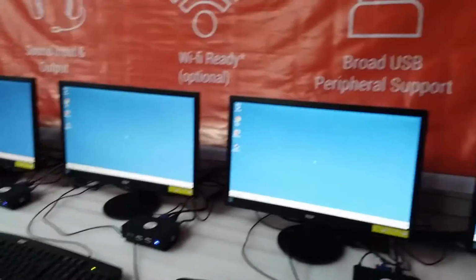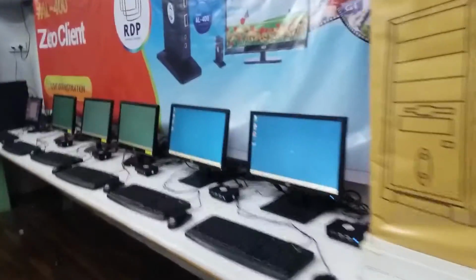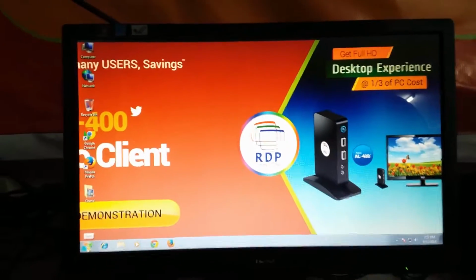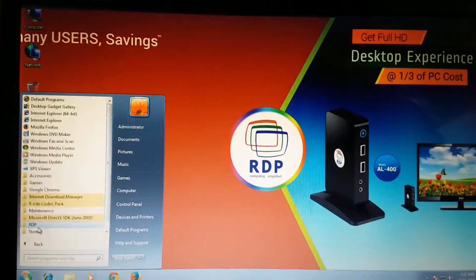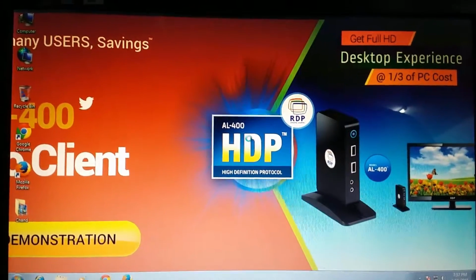Now simultaneously I will play HD audio video in the different AL400 devices. Once again we shall go to the RDP server software. Under all programs, RDP Server Manager,